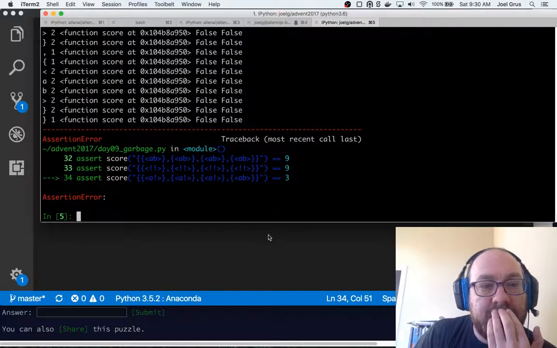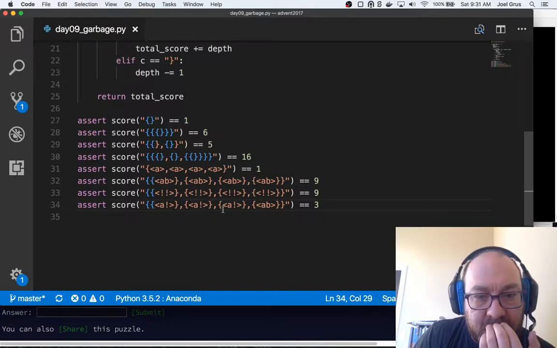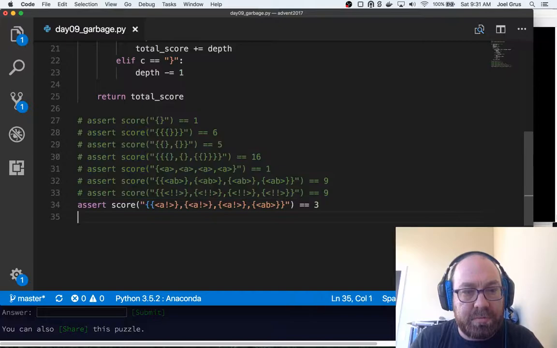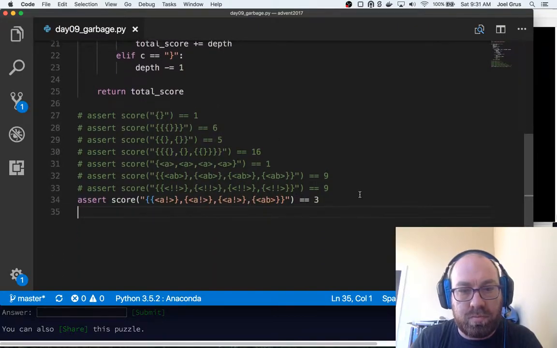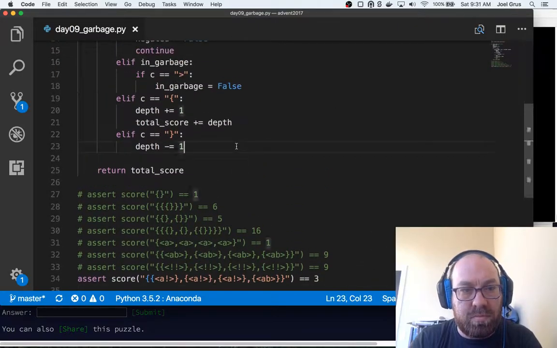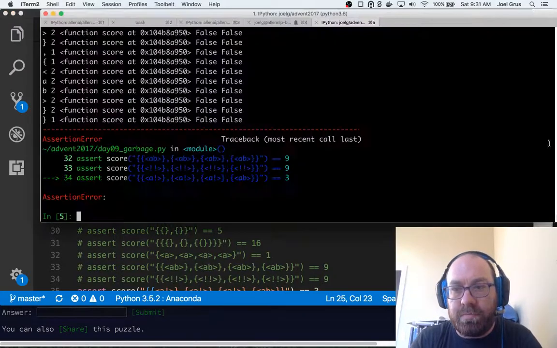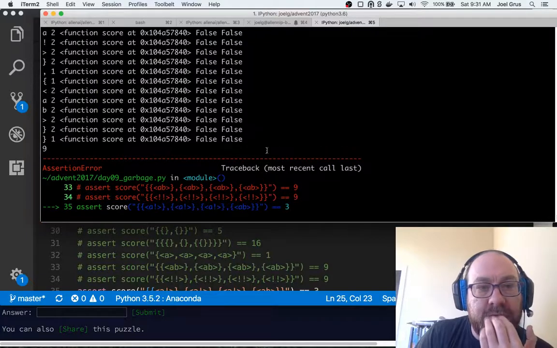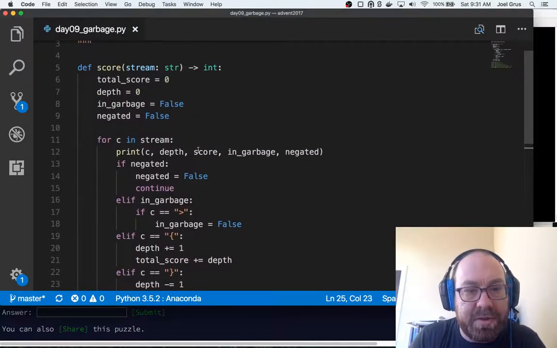Okay, good. Actually it all works until this guy, huh? So the last one is wrong. Let me just add back this print total score and we can see what's going on. So that guy got a 9, and this should be total score.